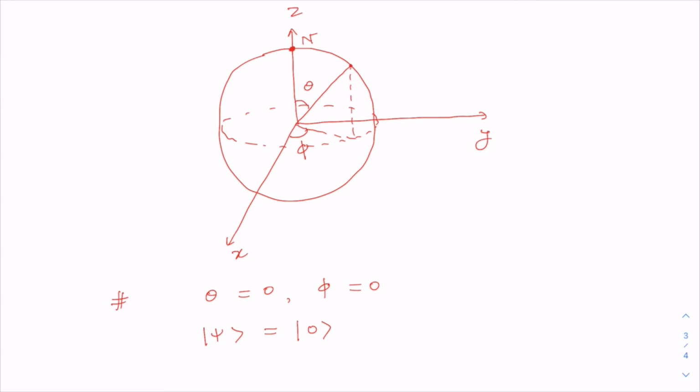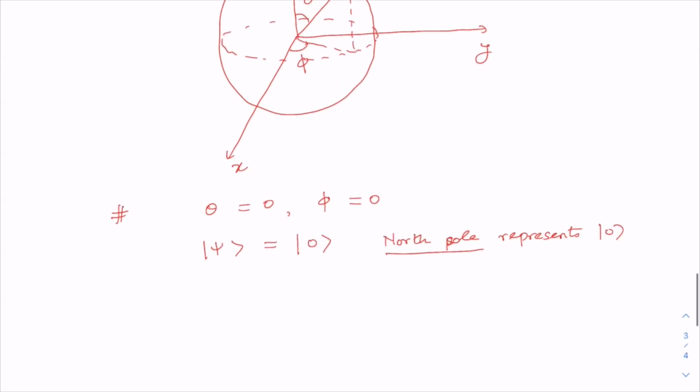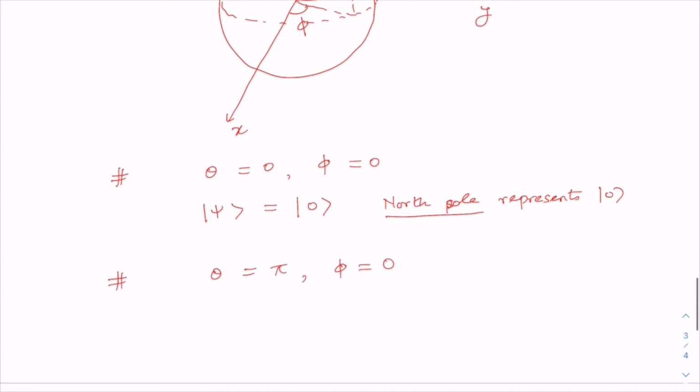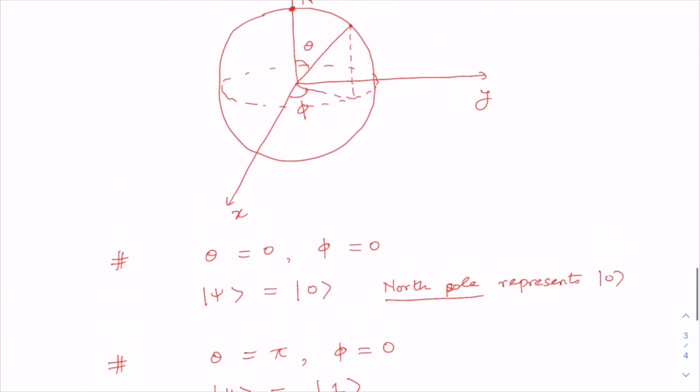So the north pole corresponds to the state ket 0 on the Bloch sphere. Similarly, you can immediately see that for theta equal to pi and phi equal to 0, we'll have ket psi represent ket 1,